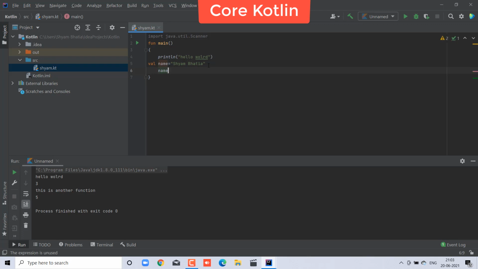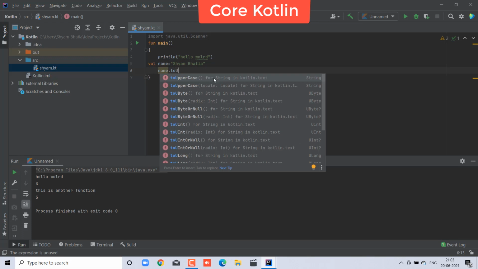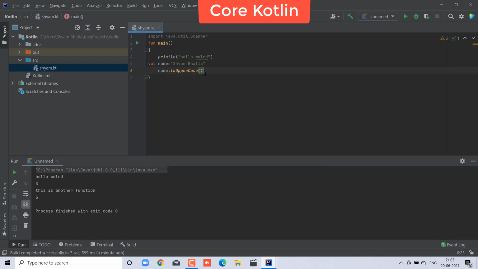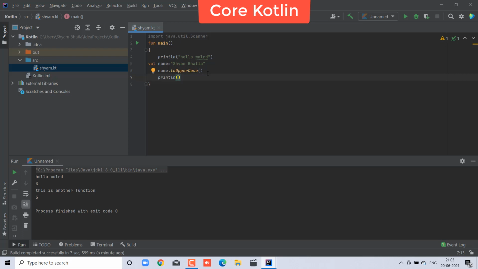So how to do that, name dot toUpperCase, it is your uppercase, and now just println, what will your string name print, Control S and take the output, then the whole string Sham Bhatia will become uppercase.